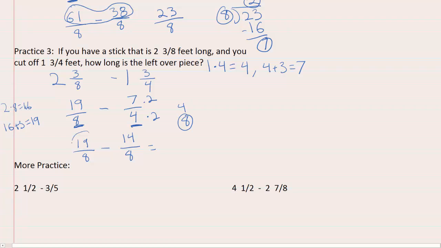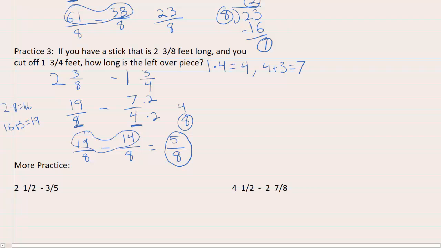So let's go ahead and subtract the numbers on top. 19 minus 14 will give me 5. And on the bottom, my denominator will stay the same. Our size pieces are still eighths. Okay, so here we've got